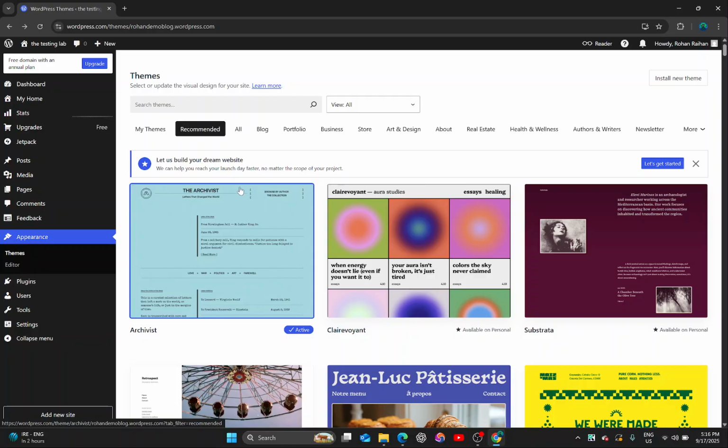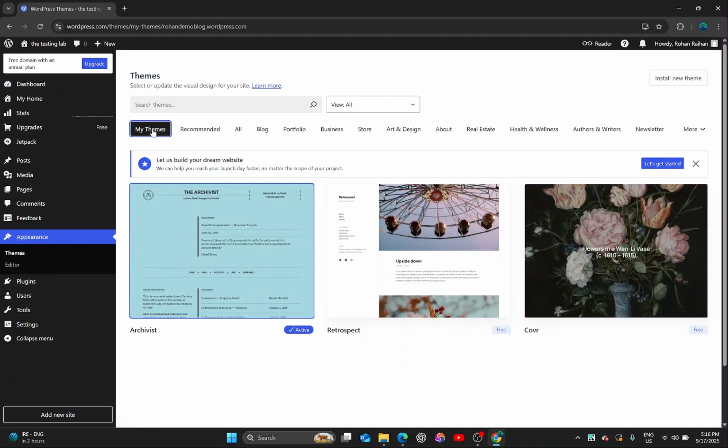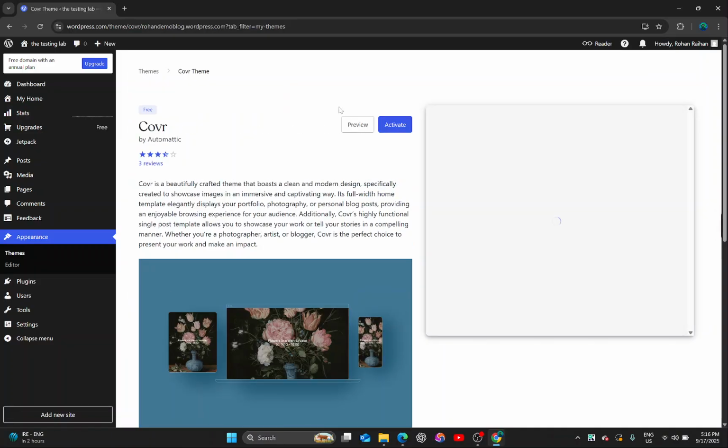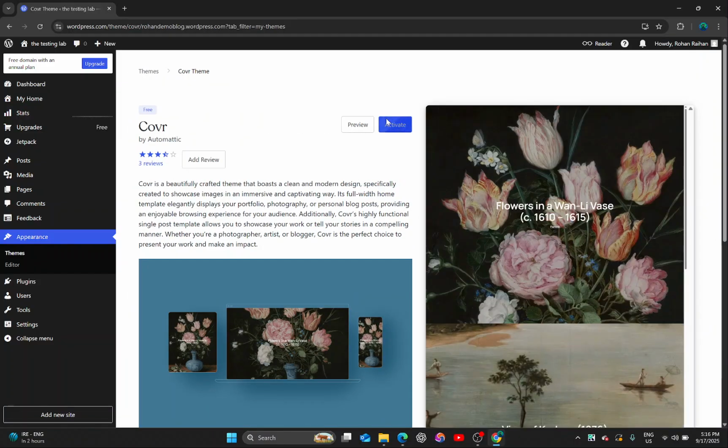Now if I want to change my themes again or update my themes, then I will just simply go to my themes and see what themes I had before. As you can see, this is my previous theme. I can just activate it again just simply by clicking on this activation button, and now this theme has been